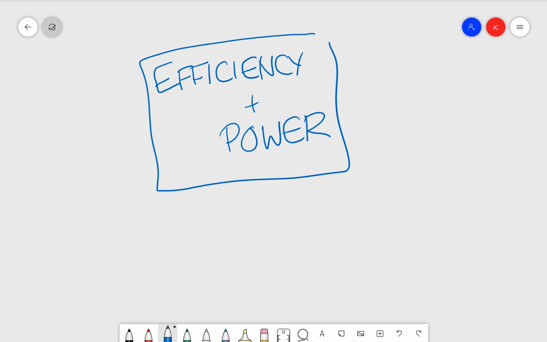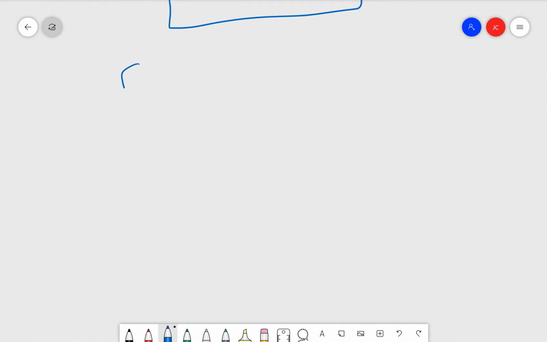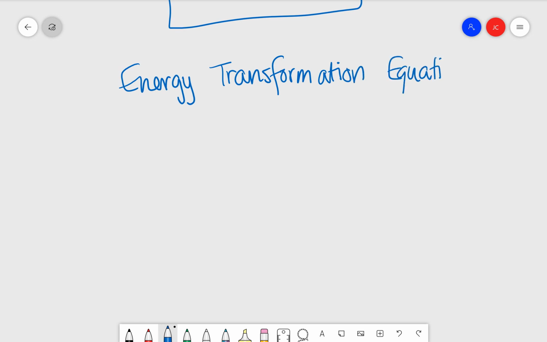Before we get into precisely what efficiency and what power are, there's one thing we need to look at in a little detail, and these are things called energy transformation equations. What these are is essentially equations that convert energy from one form to another. We learned last time about the law of conservation of energy, which tells you that the amount of energy never changes, but it changes type from one type to another. And so these equations, they're not very much like equations, they're kind of just explanations using symbols, tell you